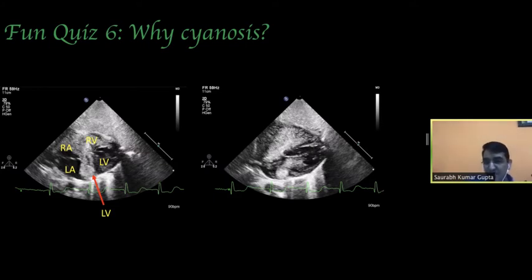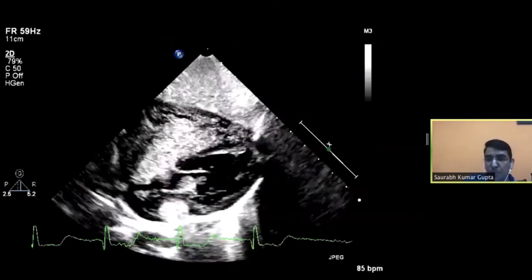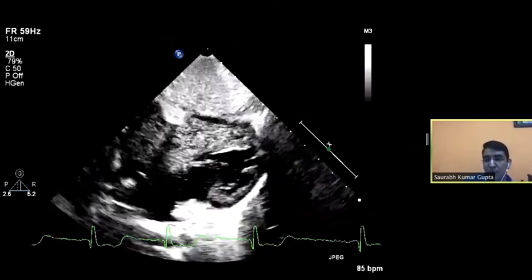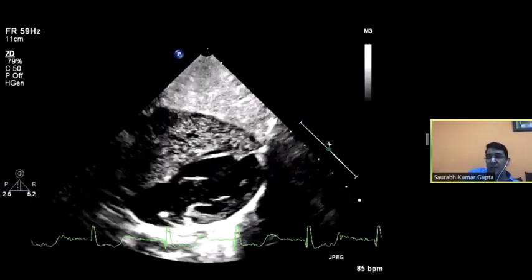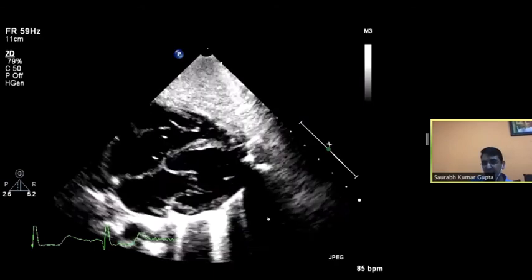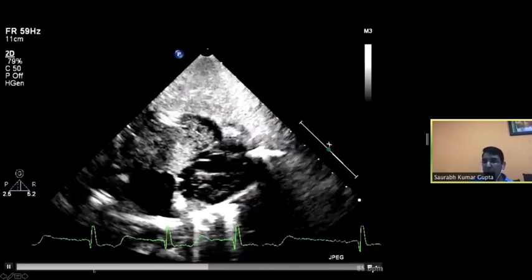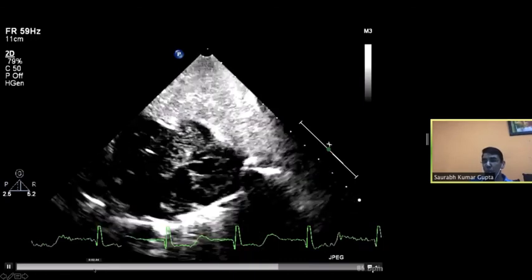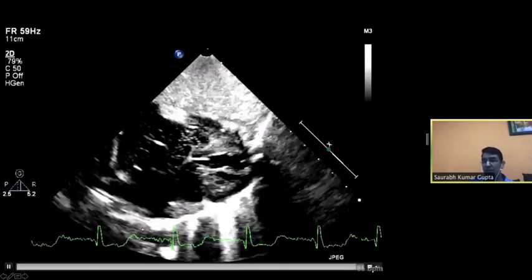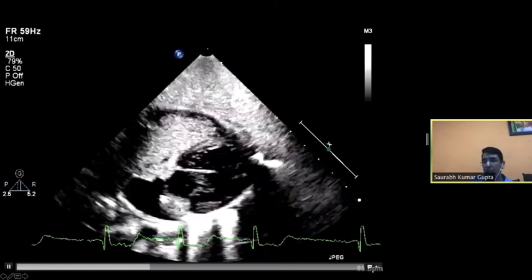I'll not be able to listen to your answers, so you may write in your chat box, but I'll just tell what we did then. So we performed saline contrast echocardiography from the left arm, and as you would see, something is appearing in the left ventricle. Now, just like angiocardiograms, if you see the saline contrast echocardiography as it is, as you have acquired, it becomes quite difficult.